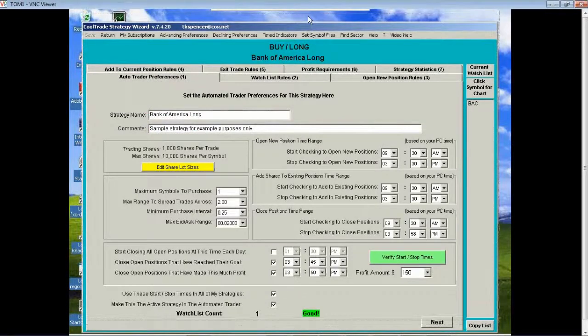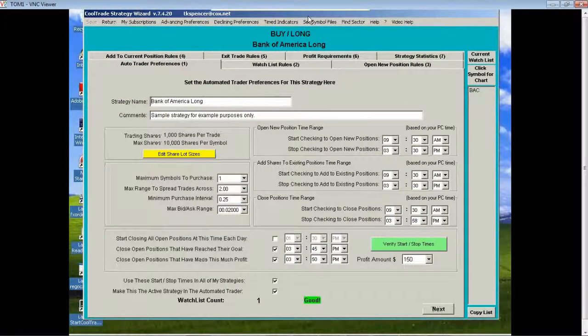And this is the back end of the system. So I'm going to go ahead and start here. What do you mean, the back end? This is the Strategy Wizard. Oh, the guts of, yes, of the strategy, right. So this is where we actually build the strategy, or we select the strategy,